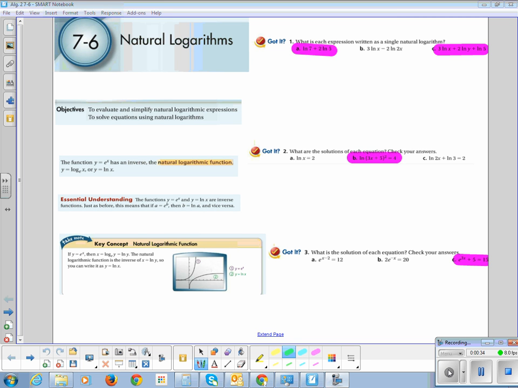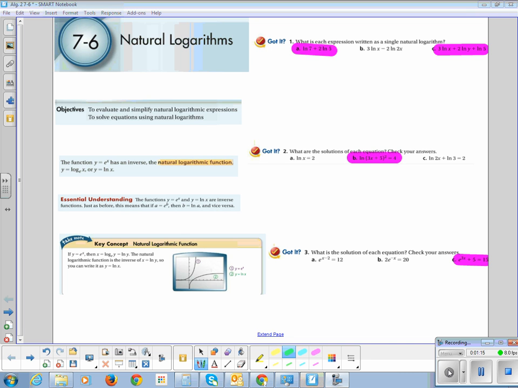Remember, e is a constant that we use mainly to talk about population growth and decay. It models population growth really well. So as you guys are getting more sophisticated in your science and math, you will see base e. When we convert base e to its inverse, we get what's called a natural logarithm. So that looks like y equals log to the base e of x, or